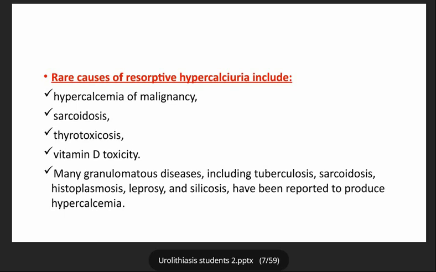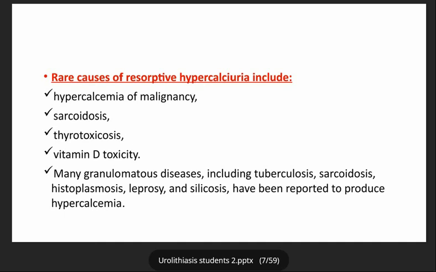What about sarcoidosis? What's the pathophysiology of hypercalciuria in sarcoidosis? How does the calcium get high in the blood in a sarcoidosis patient? Yes, increasing the vitamin D activation. Exactly. There is an enzyme in the macrophages, in the granulomatous cells, called alpha-hydroxylase enzyme that converts vitamin D to the active vitamin D